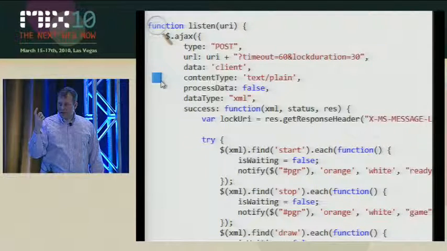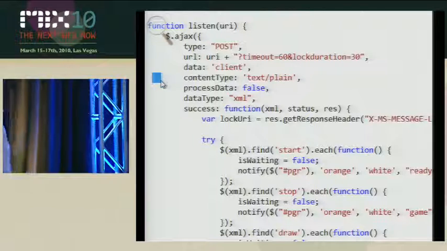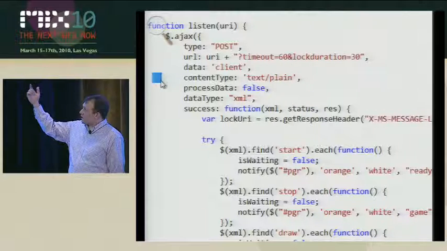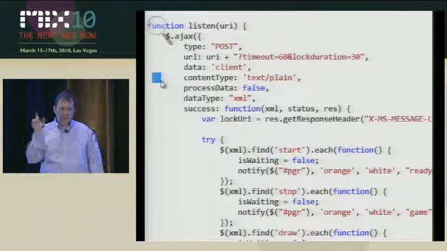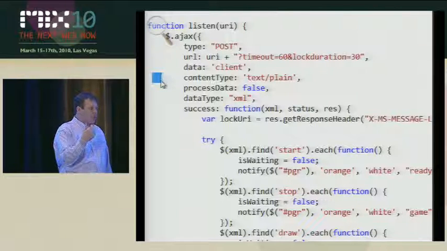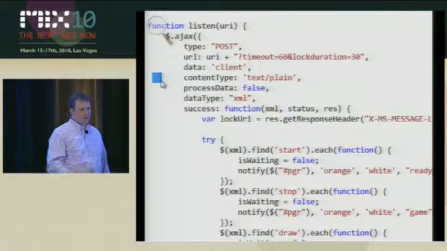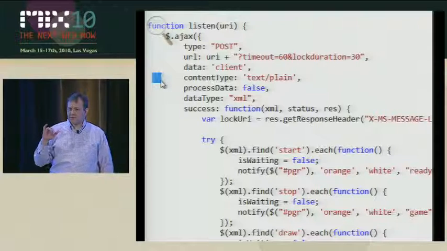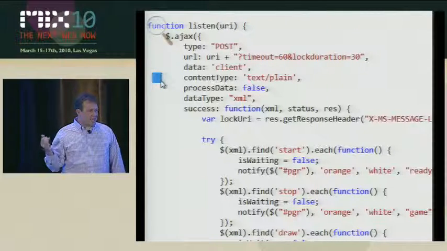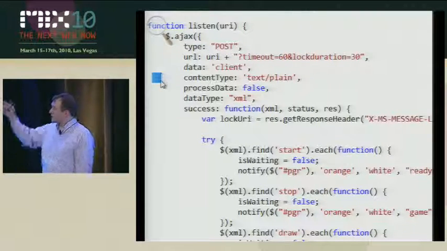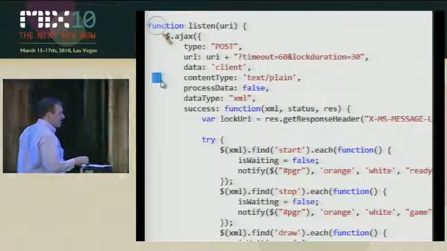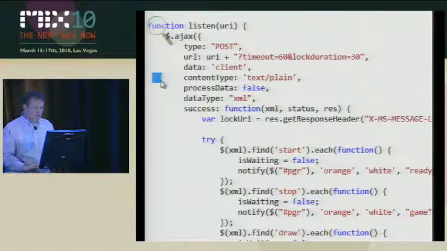So the impact on your machine there is very minimal, and it's also good for power consumption. Lock duration means that if I get a message, that message remains locked for 30 seconds while I do something with it, because in HTTP scenarios it's very common that the socket tears or something happens, and you may lose the message in transit. Now, this game depends on having all the messages come in, so we can't afford to lose a message in transit, and therefore I'm locking this. So this is why I'm doing the post here, getting the message out, and whenever I have processed a message successfully,